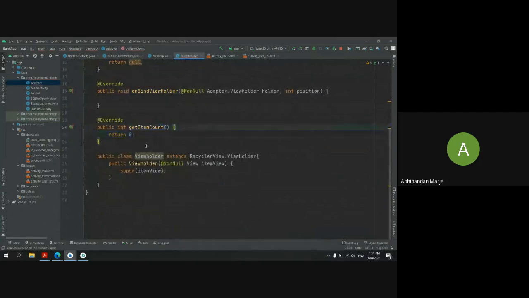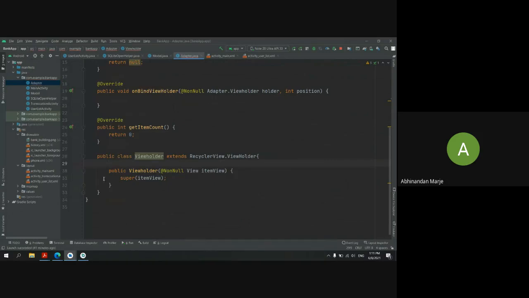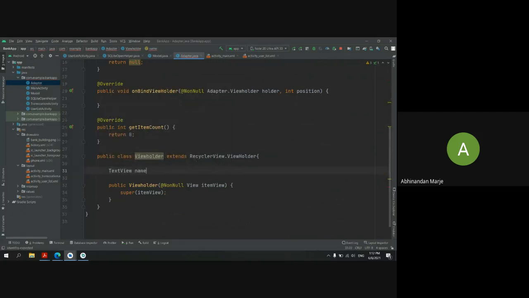So now what first you will do, from our view holder we will read all our XML IDs. Okay, and we will mention what all you want. Like in this, I want some text views of name, text views of our balance amount, and text view of our phone number, right. So I'll mention here first some text views, which will be our name, our balance amount, and our phone number, right. I want all these things to be here, but I have not created an XML layout to display this type of layout, right.